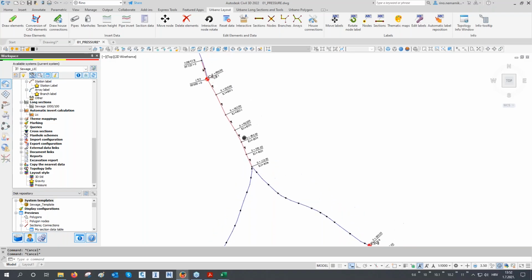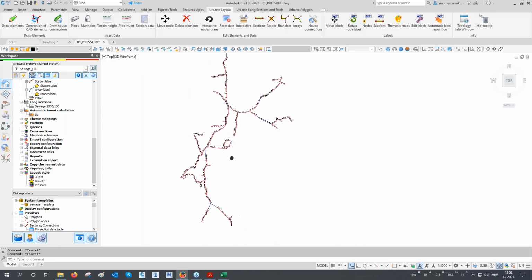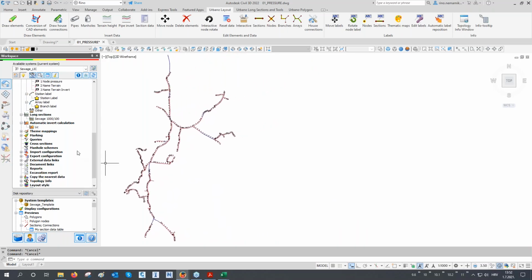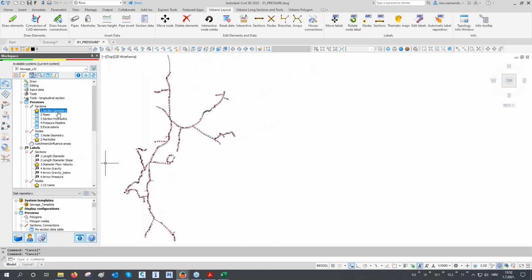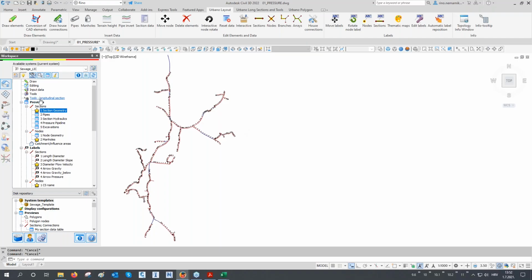And also, we can go to our data previews. We can go to data previews here, and we can see one data here, system type. Is it gravity or is it pressure? And how to set this parameter: you go to edit